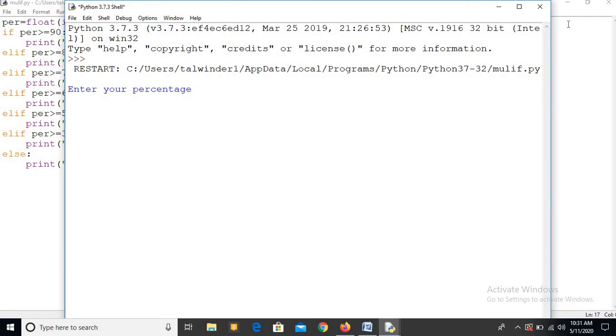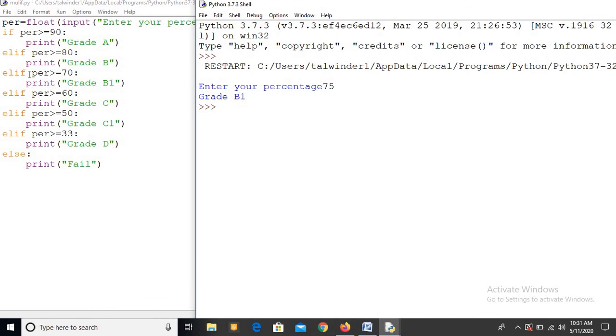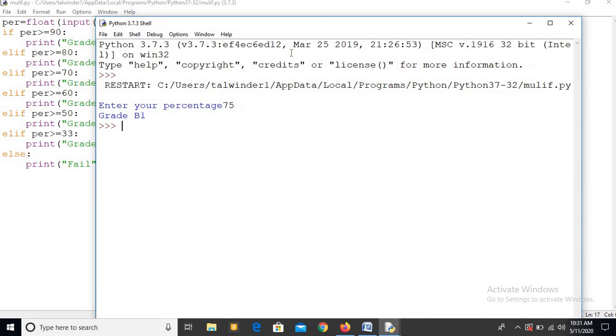Say 75, B1. So according to the condition, percentage greater than equal to 70, that means grade B1. That's fine. Okay. One last case. In that way, according to the percentage, whichever block it lies in, according to that the grade is displayed.